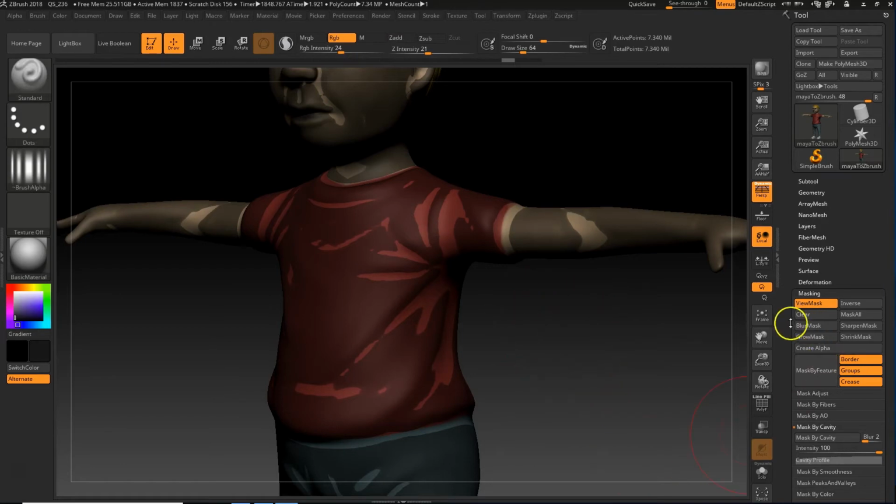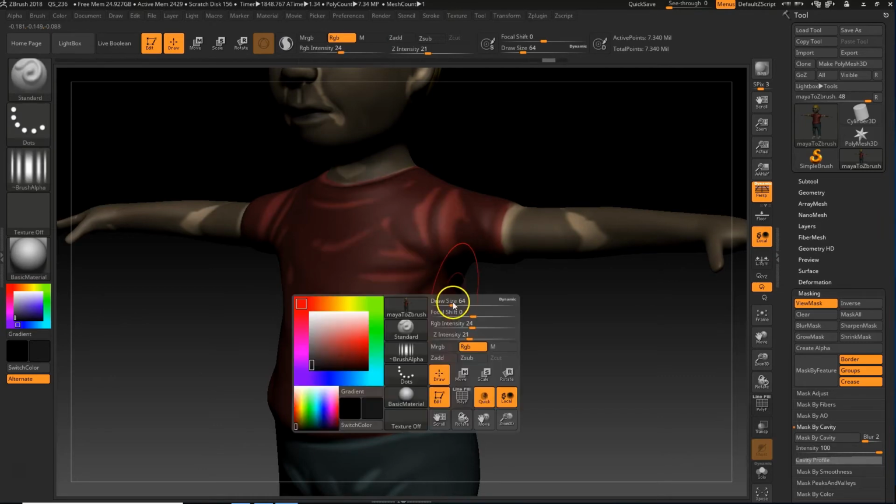So I'm gonna go like that, and then afterwards I'm gonna hit Blur Mask. And it's going to make it, there you go. See how it blurred out the mask? I'm going to blur it again, because I want it more feathered, and we'll blur it one more time. Okay, and now I'll brush in here, and my brush is way too strong, so I'm going to bring this